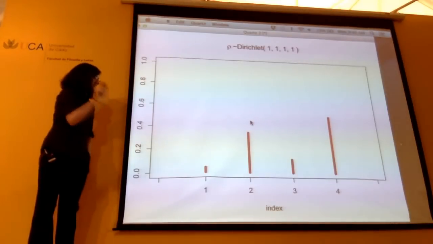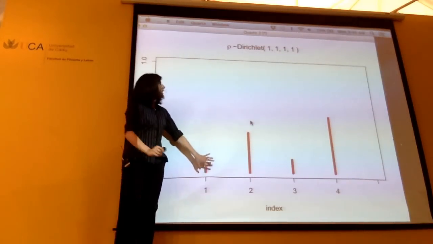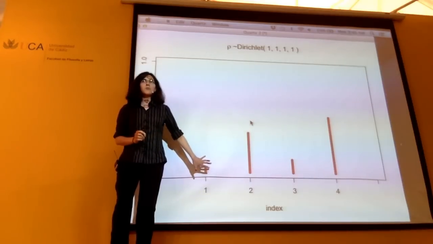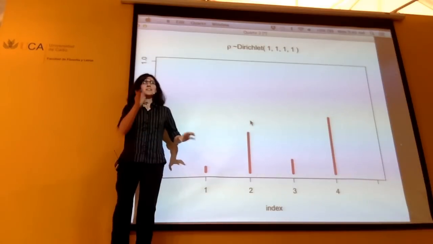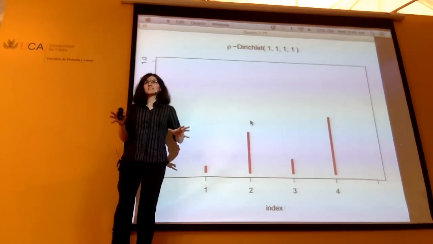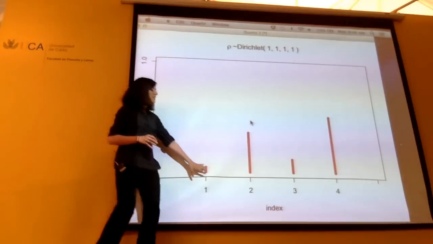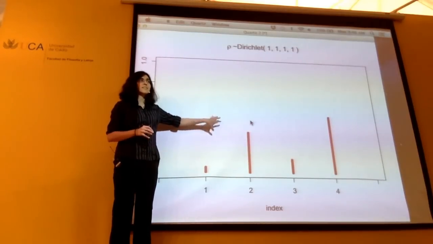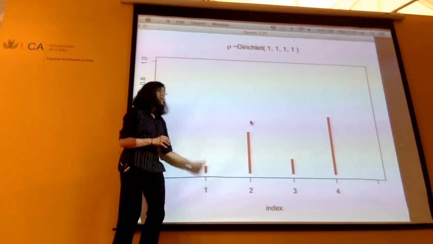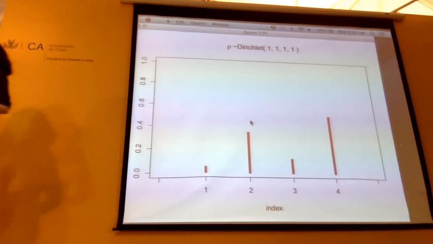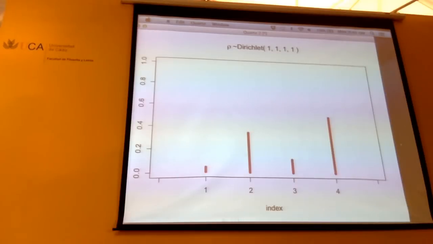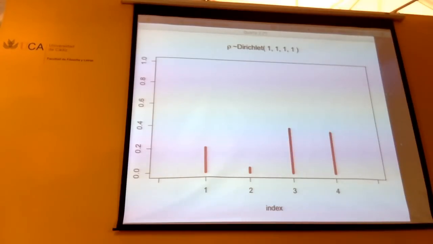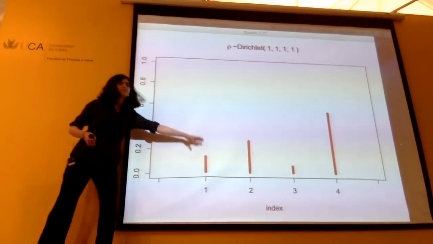So this is a tricky thing, and it's good to keep in mind. When we have the A's all equal to 1, what does uniformity mean? It means uniformity on the simplex. In the case where we were talking about the beta distribution, that was just uniformity on 0 to 1. Now we have uniformity on the simplex, so rho 1 isn't just uniform on 0 to 1 on its own. And so we can make a bunch of draws from this. And you can sort of see this behavior in action. In general, they seem to be sort of lower, right?